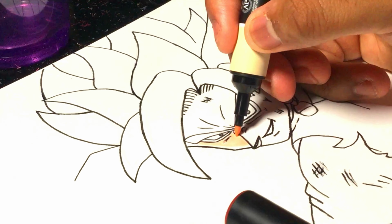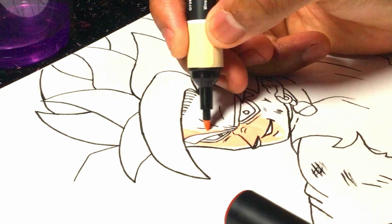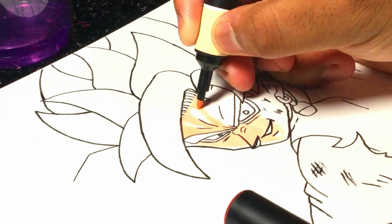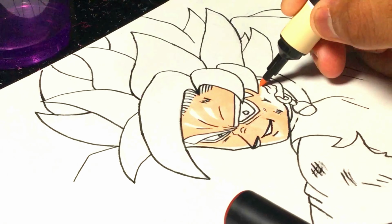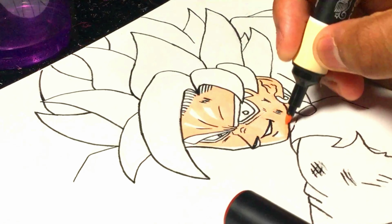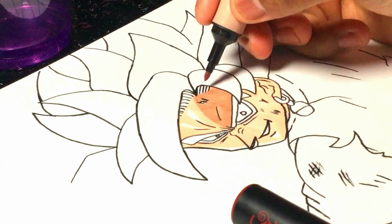Okay, so now we are on to the coloring portion of the drawing. Now, you're probably wondering, Tweet, what are you thinking when you actually color? What goes through your mind when you throw the colors down? Well, a lot of things. When you're first starting out, this is what I believe goes through your mind: the colors that you're choosing,